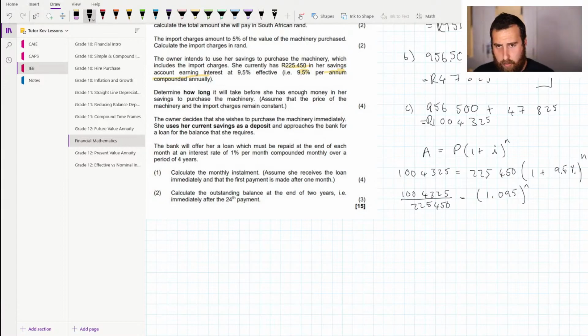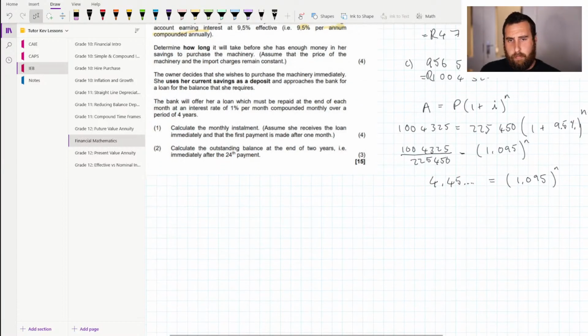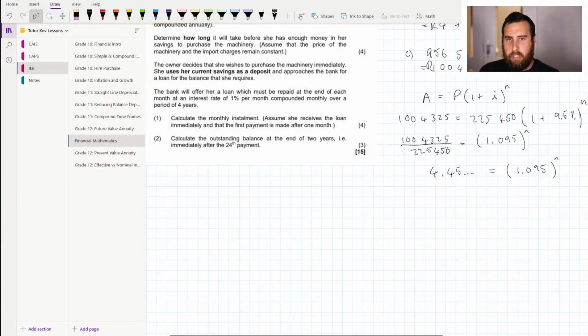That gives me an amount of 4.45 and a whole lot of other values, and that is equal to 1.095 to the power of n. Now, a really cool trick that you guys can do with logarithms, if you're feeling good with your algebra,